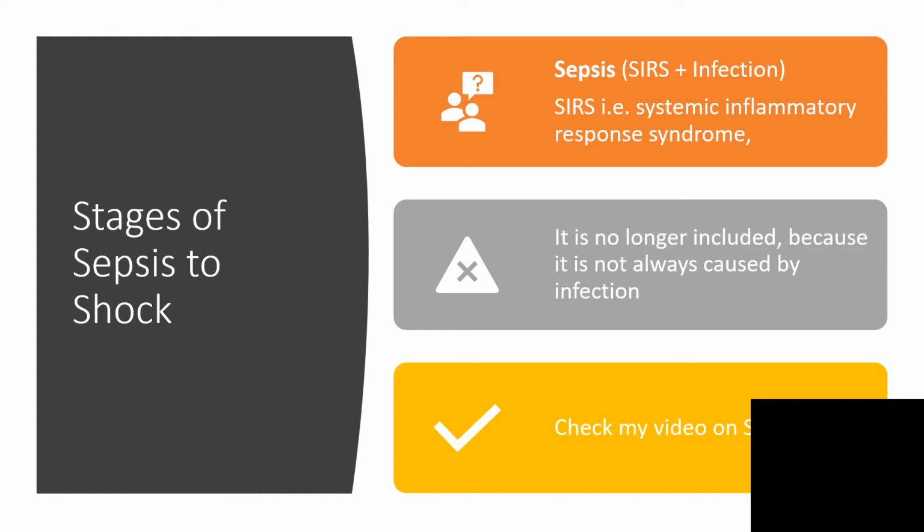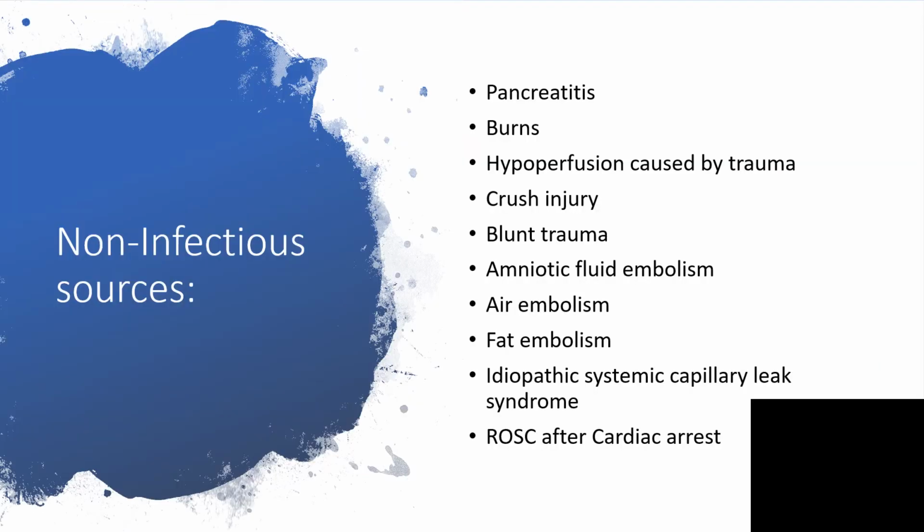Okay, if SIRS is not always caused by infection, then what else? Let's go. The non-infectious causes of systemic inflammatory response syndrome are pancreatitis. Pancreatitis may be secondary to gallstones, hypertriglyceridemia, or autoimmune disease, and could cause SIRS. Burns,